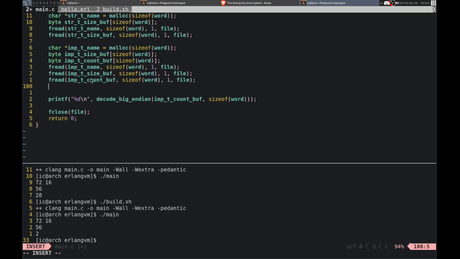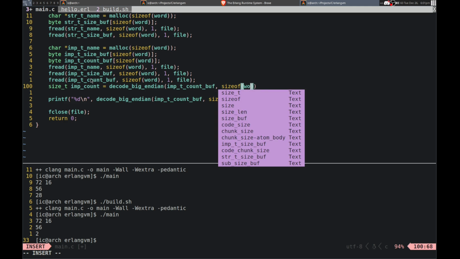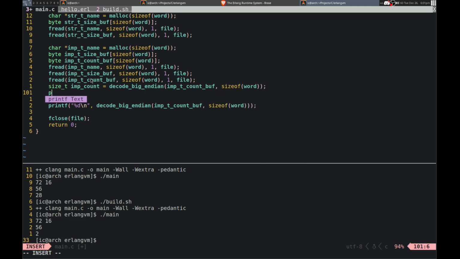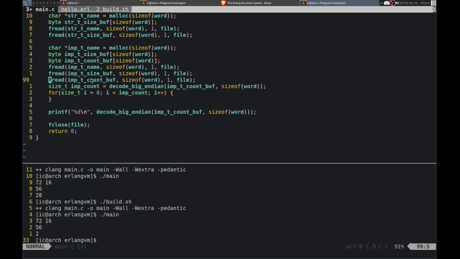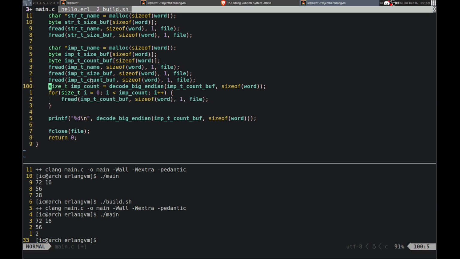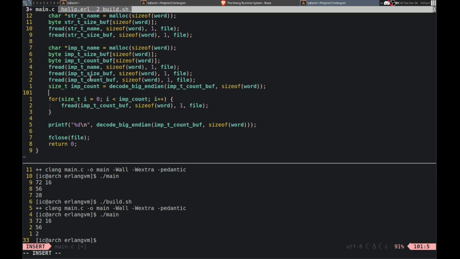So we need equals size of word for count plus 5 and just every. I will declare an import. No, we need an array of them. Count.